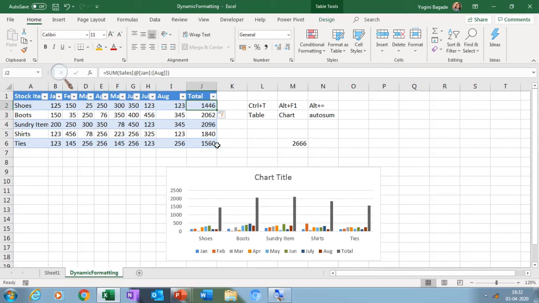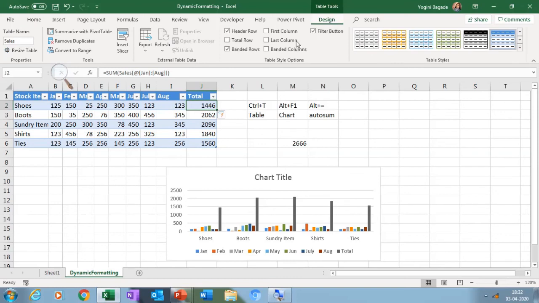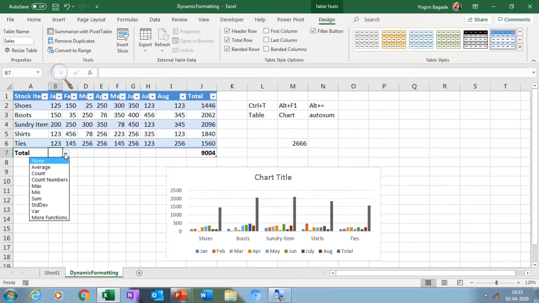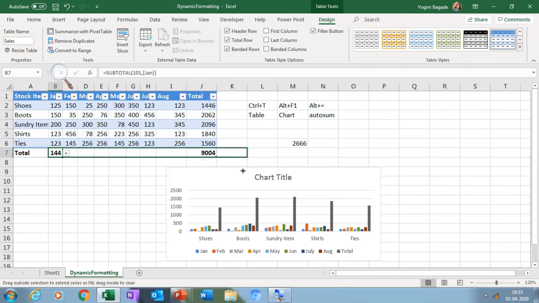Similarly, if you want to do the calculation for a row, in Table Tools Design you will get this option known as Total Row, and then I will get this drop down which will enable me to choose which function I want to apply to this particular column. So I can choose any function, then I can drag it to fill the other functions. Now if I feel that I don't want sum, I want some other function, I can go ahead and change that.